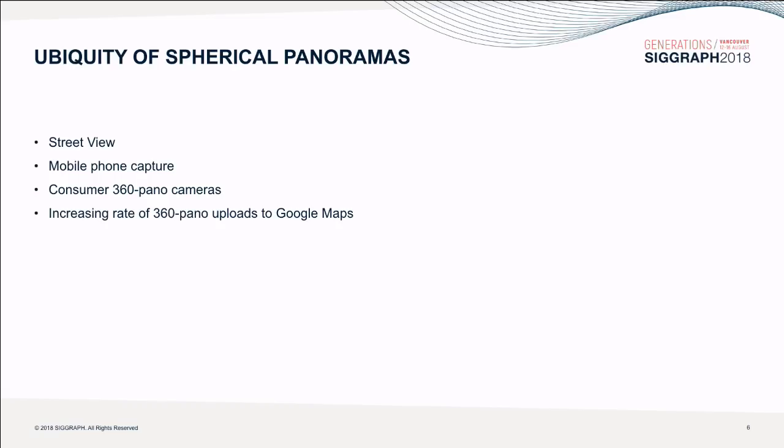So spherical panoramas are becoming ubiquitous. Street View is still driving around. We just announced a new camera last year. It's more detailed and better than our previous incarnations in every way. You can now take spherical panoramas with your phone, and it'll automatically do the stitching for you. And every year there's new, single shutter press 360 cameras that let you capture the whole sphere of directions instantly,